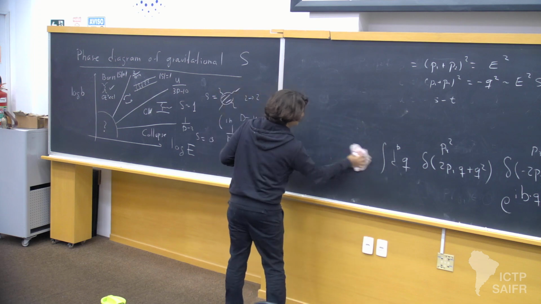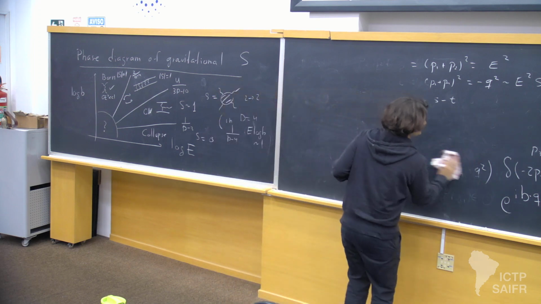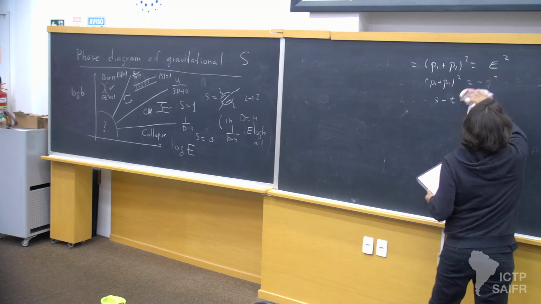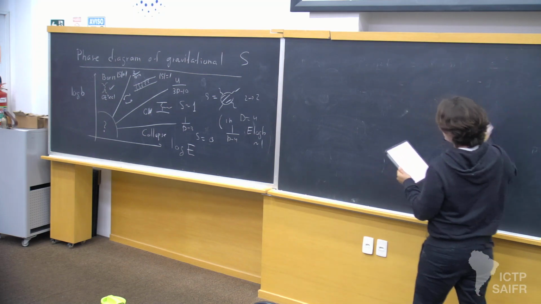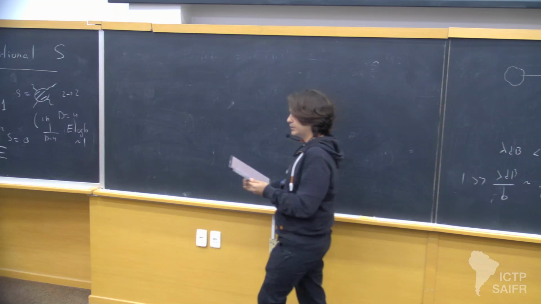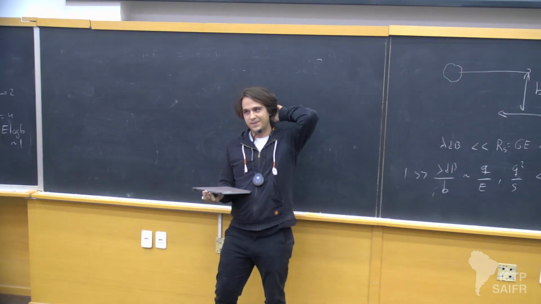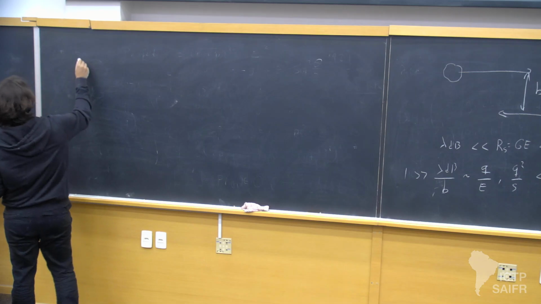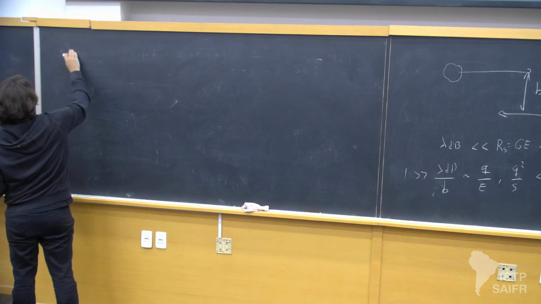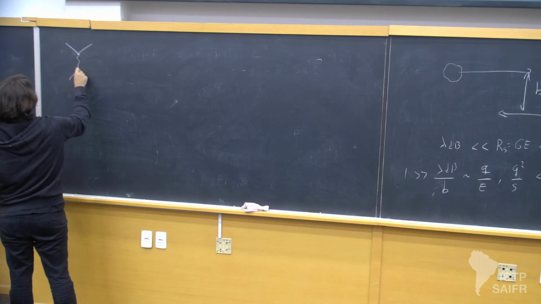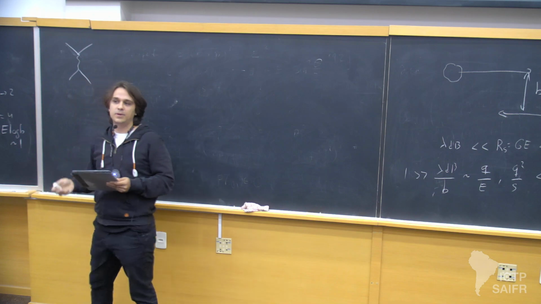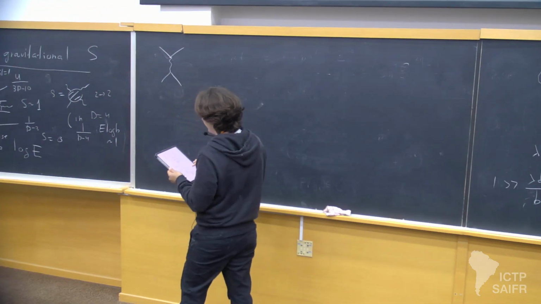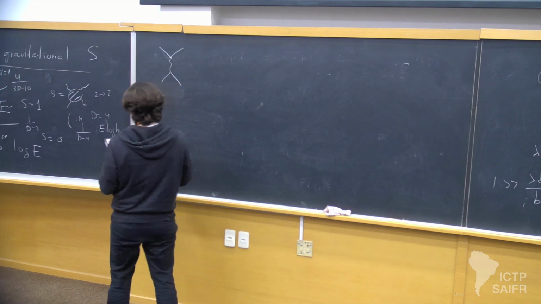So let's try to understand these powers. And then we'll try to understand this exponentiation. So I won't do this calculation for you, but in the problem set, I asked you to compute the amplitude essentially for graviton exchange by 2 particles. Well, I asked for massive, but it's basically the same, or very close for massless. So